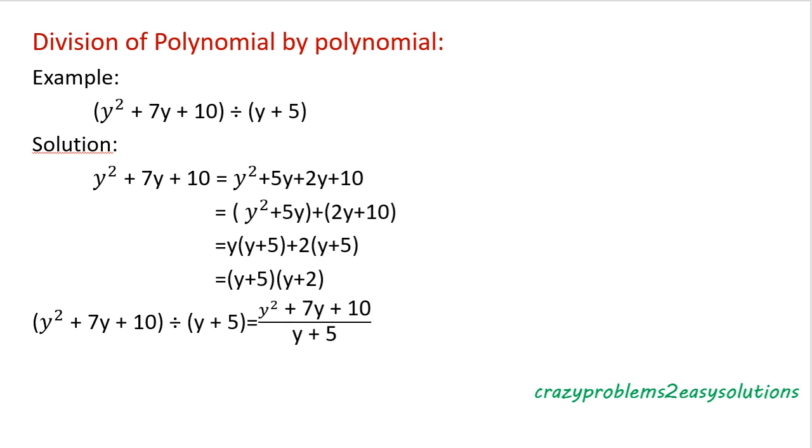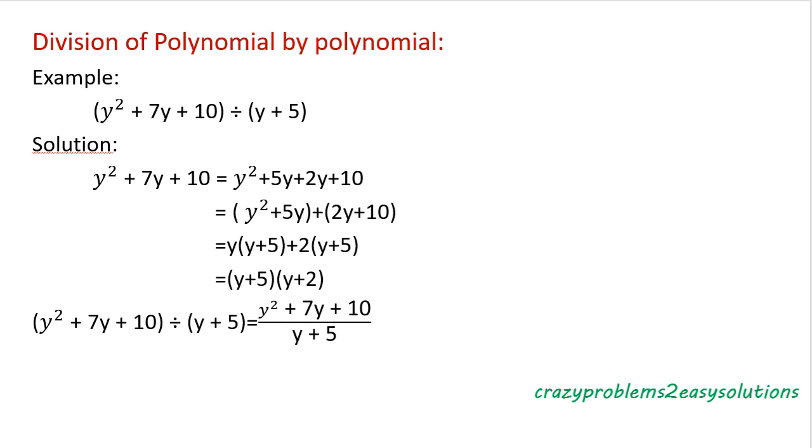Then if we multiply any two numbers, we want to get 10, and if we add those numbers, we want to get 7. For example, 1 tens are 10, but 10 plus 1 is 11, so it is not possible to apply the splitting method here. Then you have to try the next numbers. 5 twos are 10, and 5 plus 2 is 7. So obviously the condition is satisfied here. The sum of the two numbers is 7, and the product of the two numbers is 10.